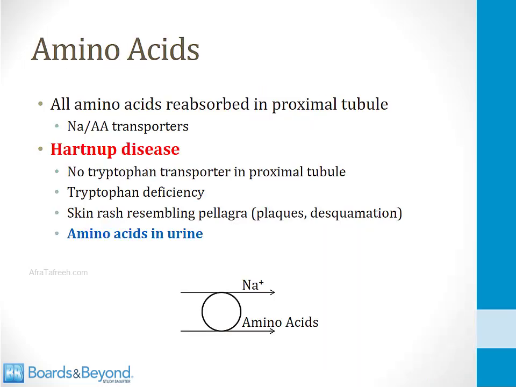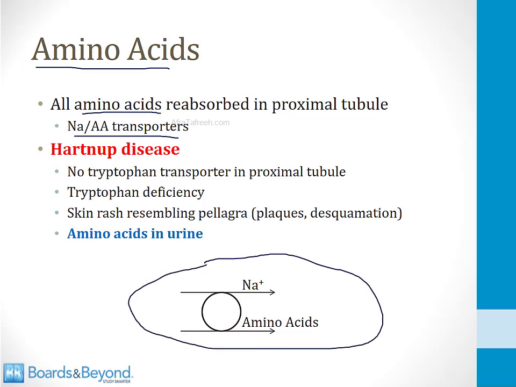Let me also make a special note about amino acid reabsorption in the proximal tubule. Just like with glucose, all amino acids are reabsorbed in the proximal tubule under normal conditions. Just like with glucose, they are reabsorbed together with sodium via a co-transporter, as I've shown at the bottom of this slide. There's a clinical tie-in here with a rare disorder called Hartnup disease. Children born with this rare disorder have no tryptophan transporter in the proximal tubule. Tryptophan is an amino acid, so as a result, they lose tryptophan in the urine and they develop a tryptophan